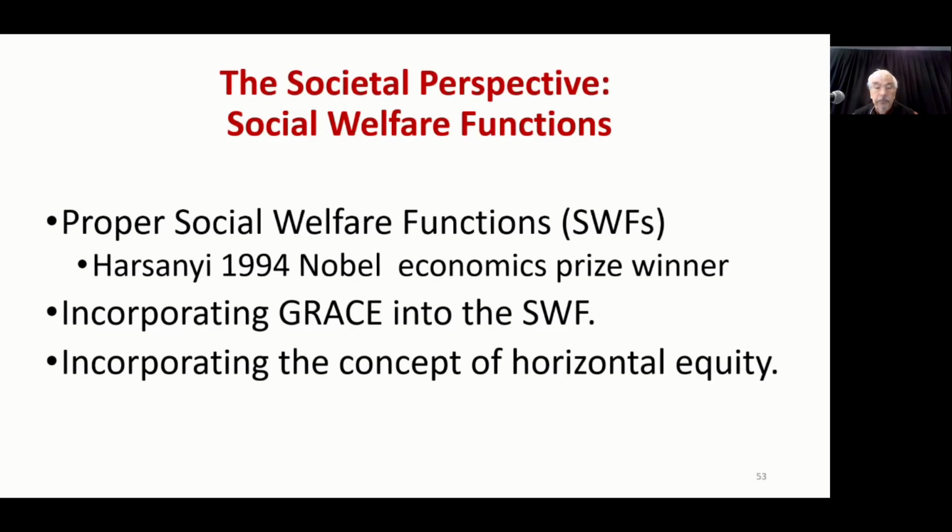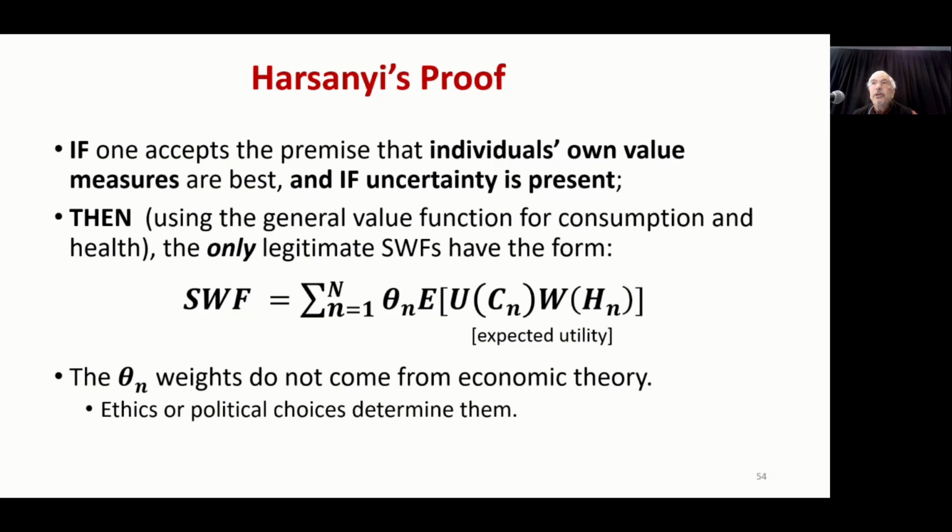So Harsanyi's proof, and I think this is just an astonishing proof. If you begin with two basic presumptions, then you get down to a very, very specific single model of value. And the two assumptions are: one, there's uncertainty that's present. Yes, do we have uncertainty in healthcare, health economics, or health outcomes? Yes, we do. And the second is, if you accept the belief that individuals, so that begins to build.